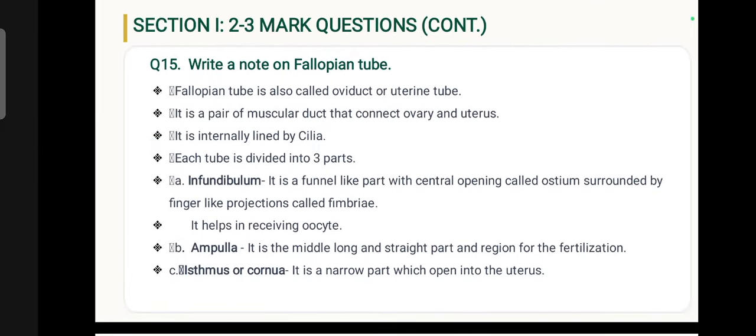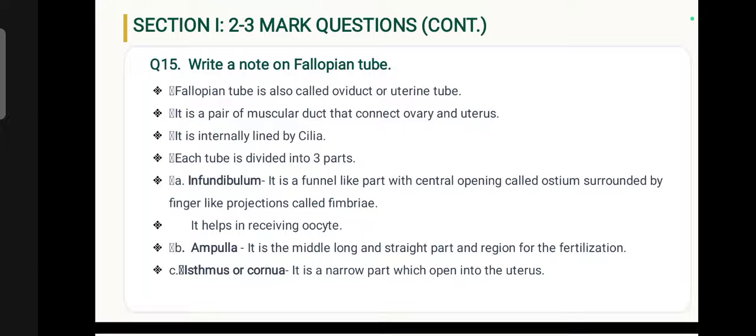Write a note on fallopian tube or oviduct. Fallopian tube is also called oviduct or uterine tube. It is a pair of muscular ducts that connect ovary and uterus. It is internally lined by cilia. Each tube is divided into three parts: infundibulum, ampulla, and isthmus. Infundibulum is funnel-like part with central opening called ostium